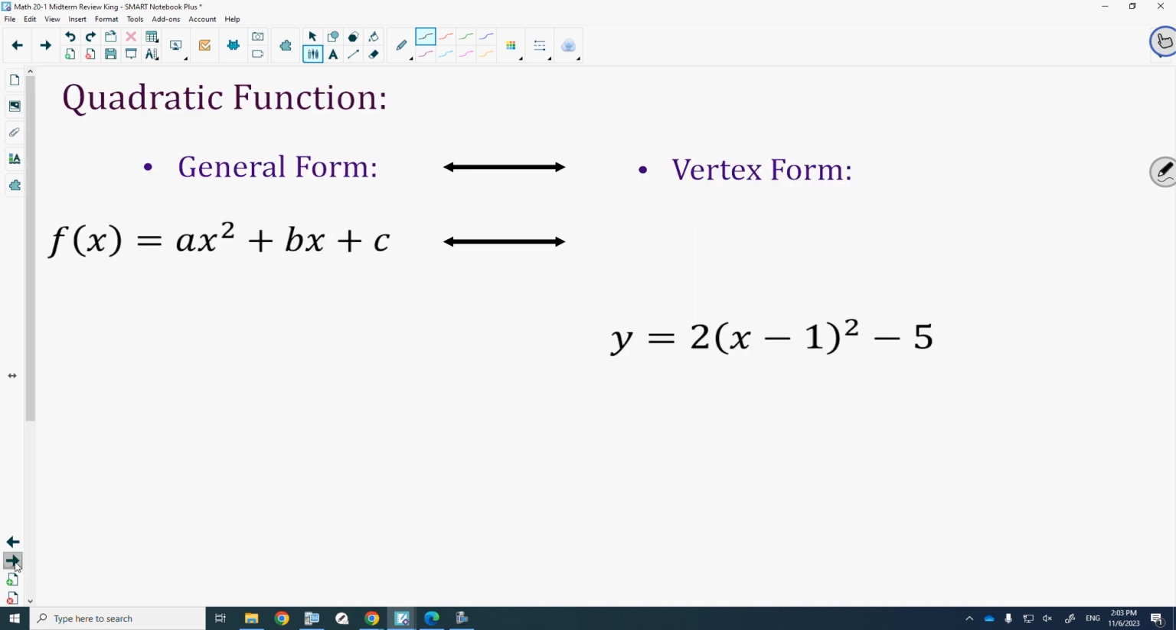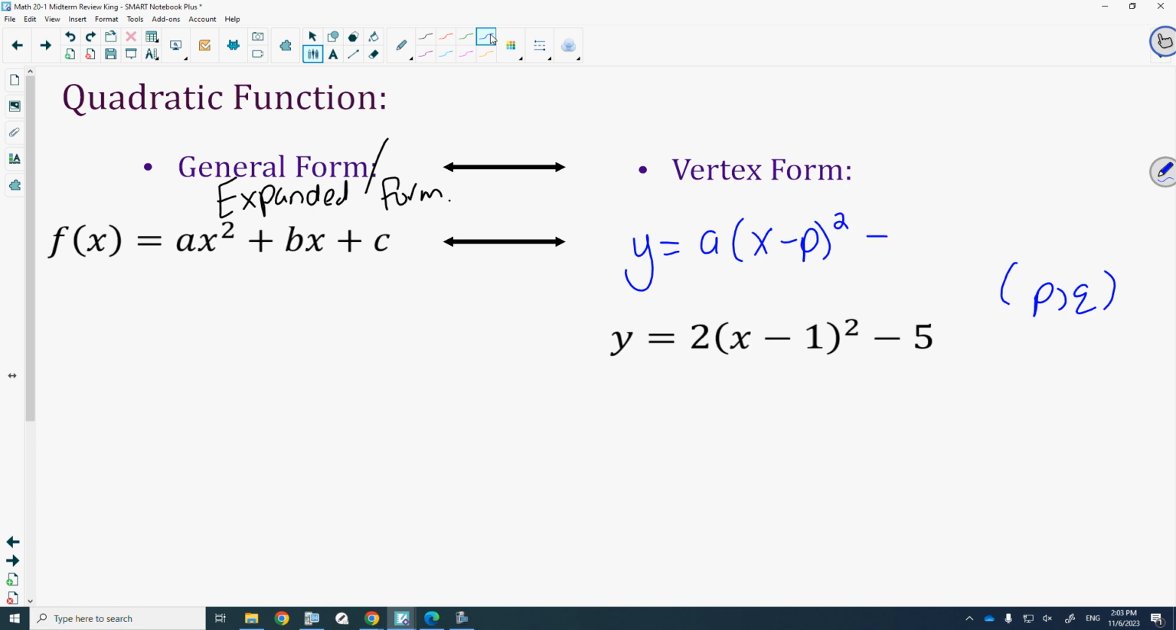Okay, quadratics could be in vertex form, or they could be in general form. I always call it expanded form. So this quadratic right now is in vertex form. The reason why this is in vertex form, remember that the vertex of a quadratic is going to be p, comma q. Right now this is in the form of y is equal to a, open bracket x minus p close bracket, squared plus q. So in vertex form, the a value is equal to 2,